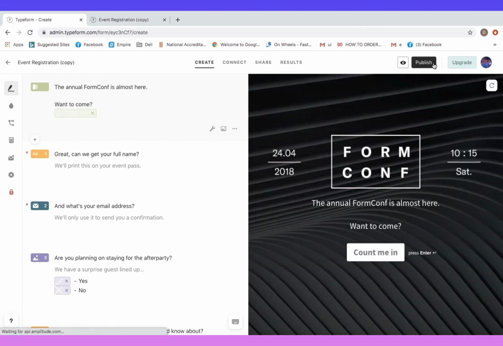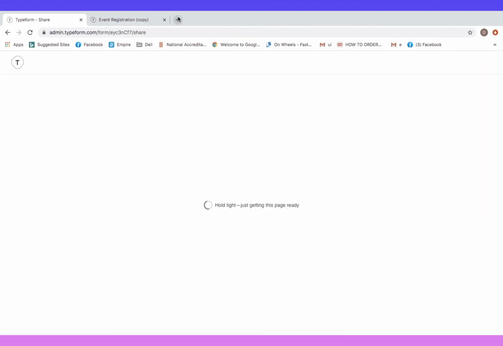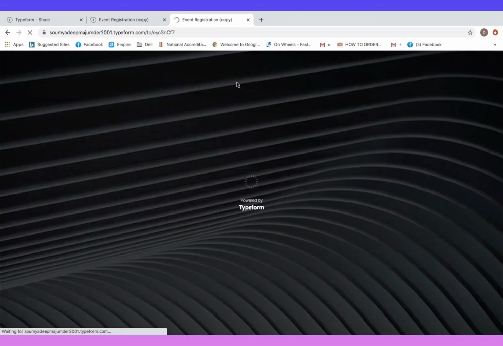Now we'll be publishing it. So yeah, it's published. It's very easy to publish. And yep, now we'll be just viewing it. This is the result we'll be seeing after we fill out the form. So we'll be pasting it on our browser,